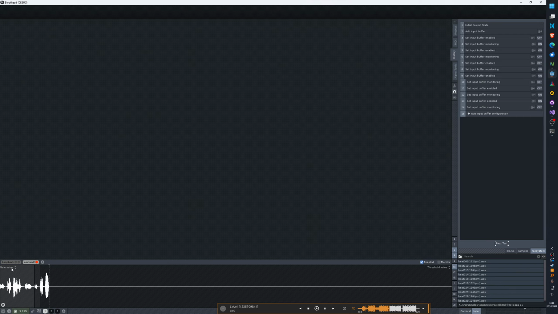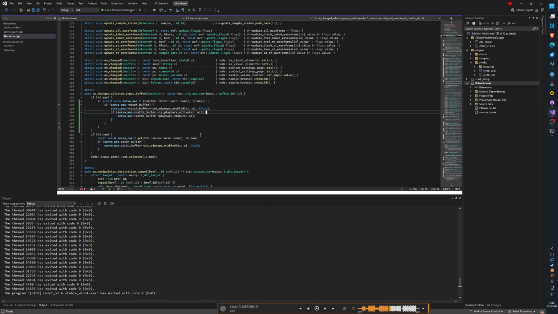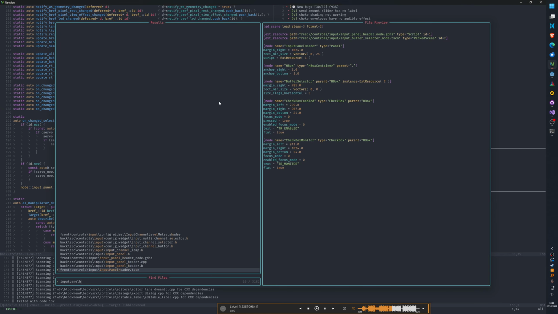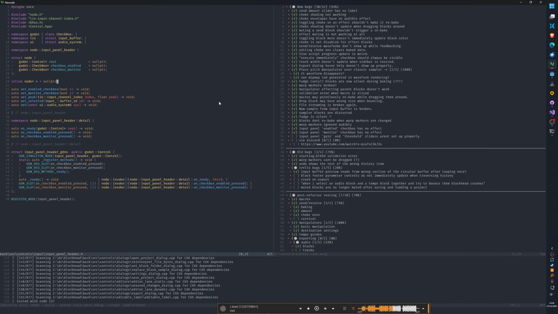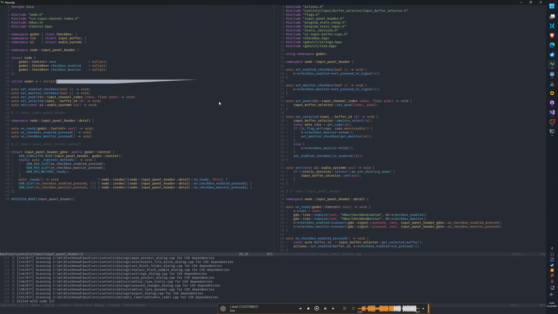Okay, so the gain and threshold sliders. Let's see, sliders. So input panel header. I'm going to change the way this works.